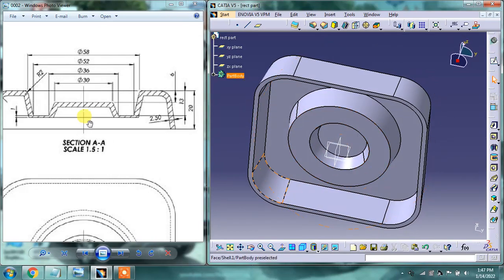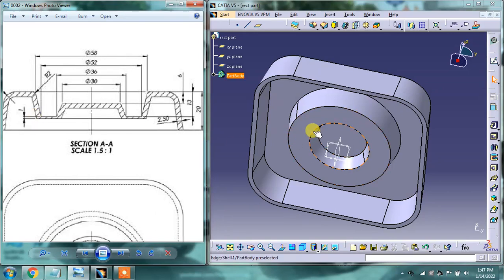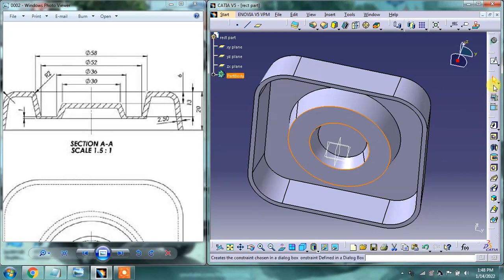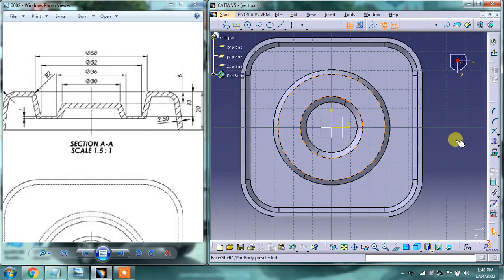Another thing is, there we have 1 mm of thickness, and it is 2.5 from all of the sides. So the solution of this problem is, I will draw a rectangle only, and then I will cut it from the upper side. For this, select this portion and draw a rectangle.